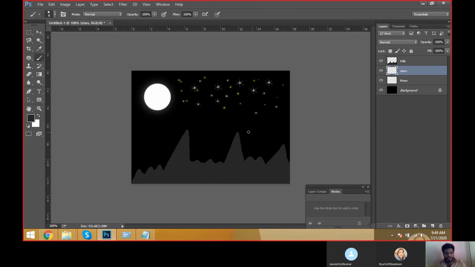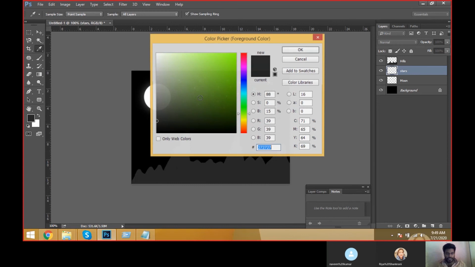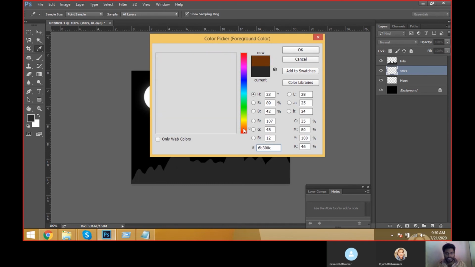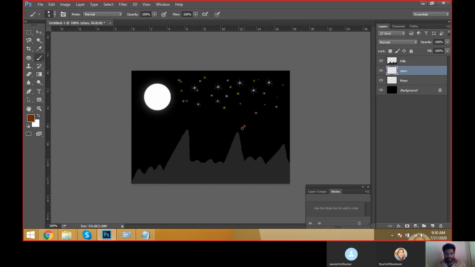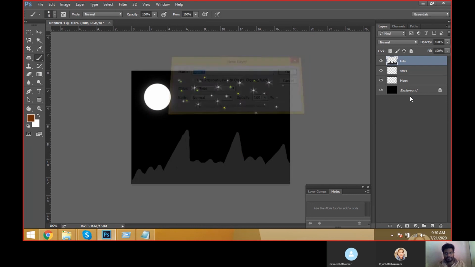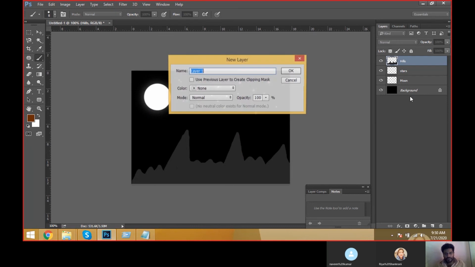Just take a brush tool. What is the tree color? The stem color will be brown. What should we do, man, again the same mistake we are doing. We have to take a new layer, tree.